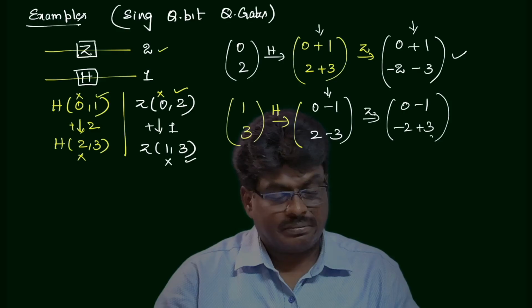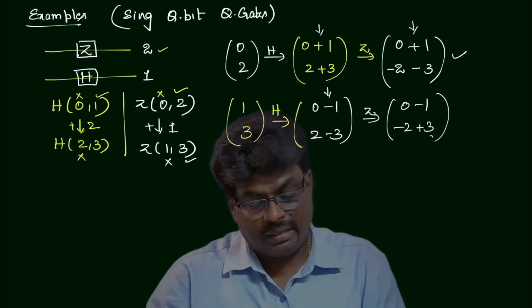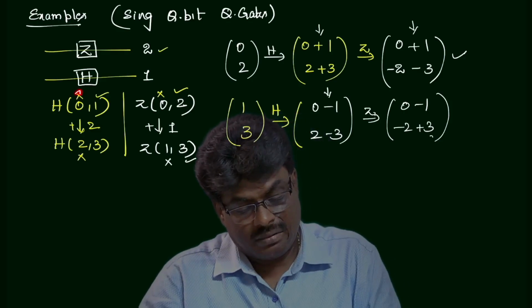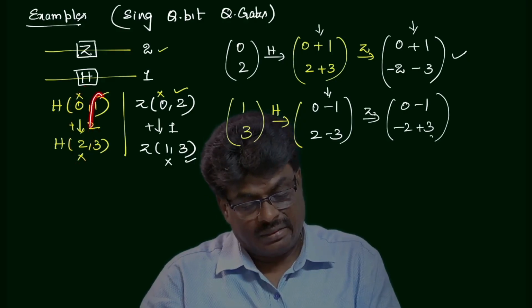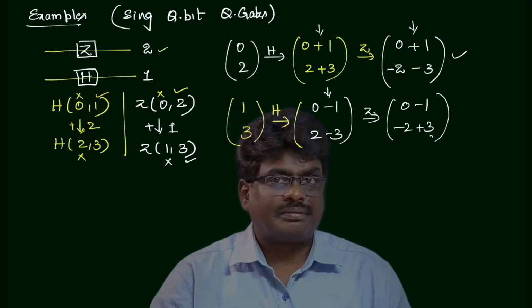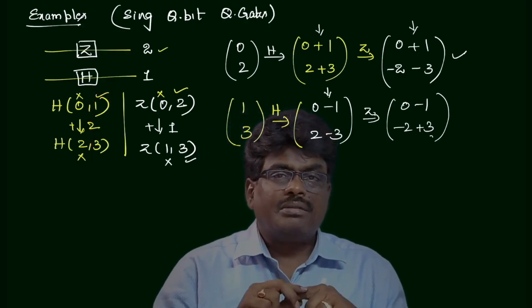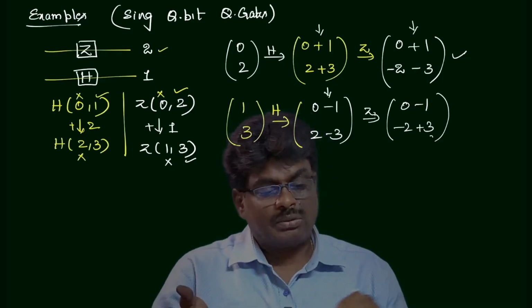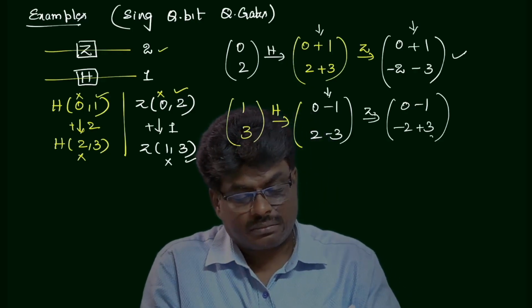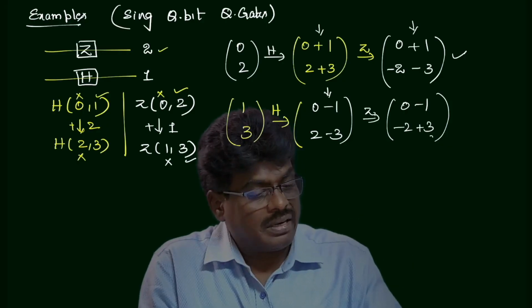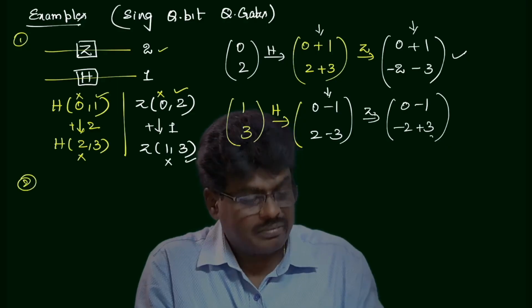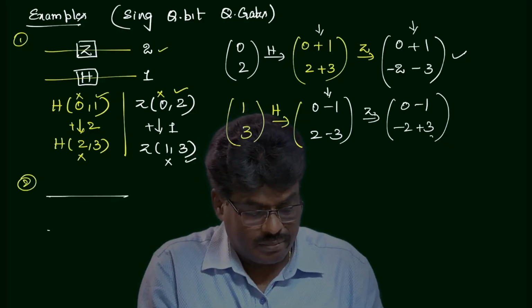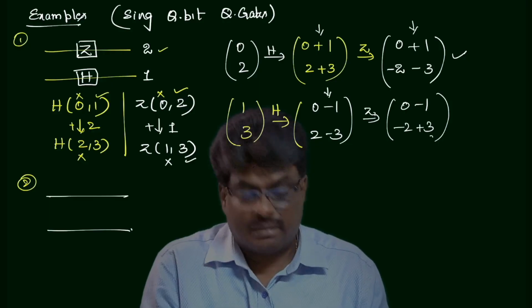If you have a Hadamard operator, take this 0 2 first, and after that 1 3 next. Okay, now that's it, because we have two qubits. And take one more example, if still not understanding. If you have any confusion, take one more example. Let me take a